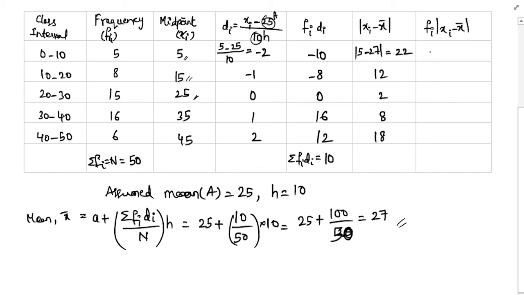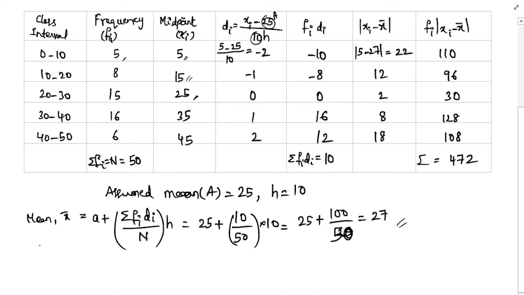Now fi into xi minus x bar. So what is fi? This is 5, right? So 5 into 22, which is 110. Then this will be 8 into 12, that is 96. This is 30, 128, then this is 108. So the summation of this will be equal to